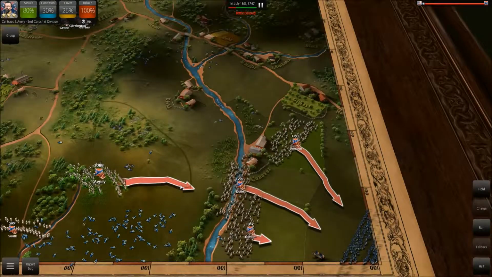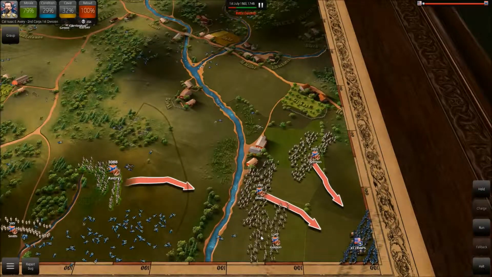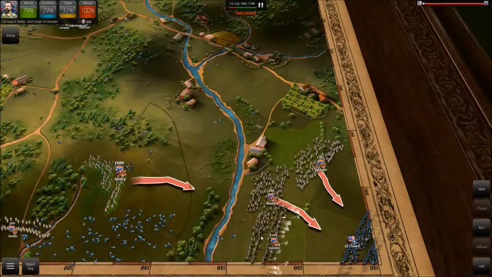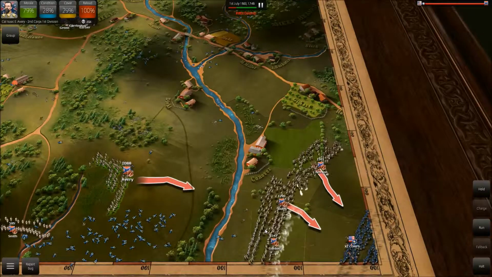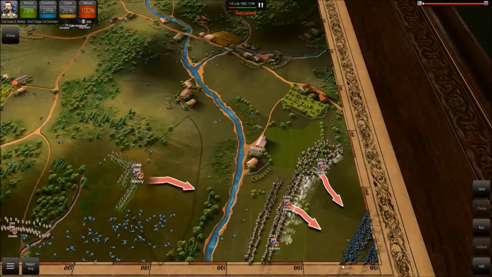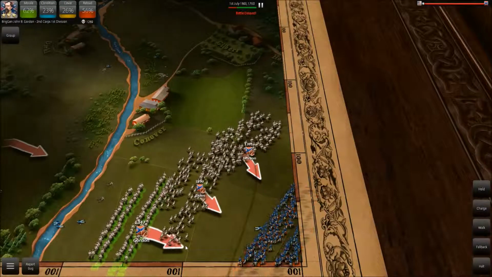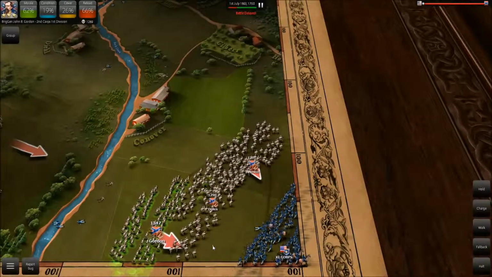Got a three-prong attack with one regiment in reserve or division, whatever they are. I don't think 1,000 men's a division. This should be a regiment. Look at that. That, my friend, is a textbook example of how you assault the corner of a map. So if you ever find yourself in that position,